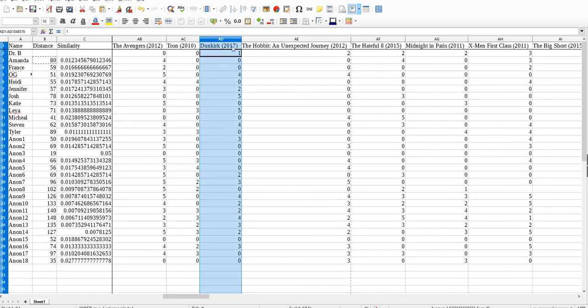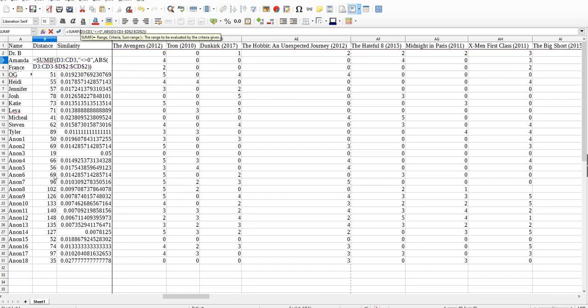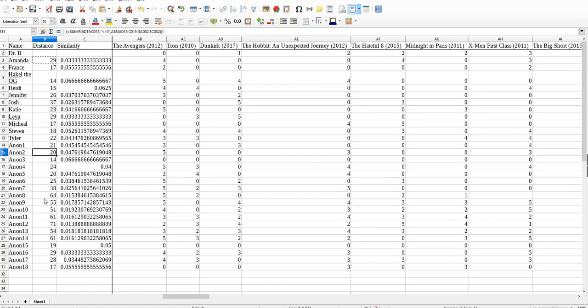So I really want my computation to start with Dunkirk and go to the right. So right now it's starting at the beginning. I don't want it to start at the beginning, D. I want it to start where my ratings start, which is in column D. And so now I can see